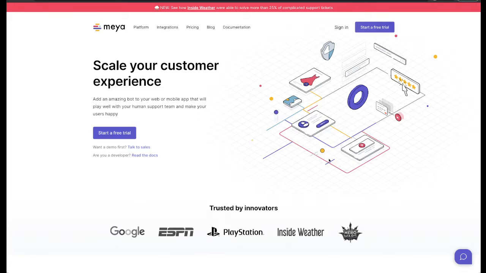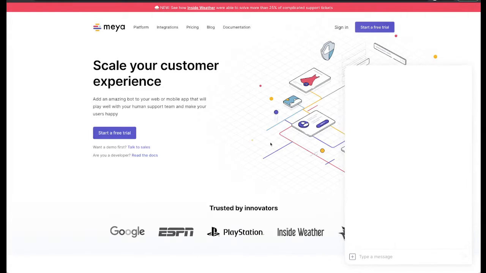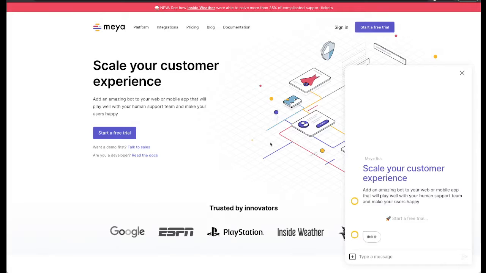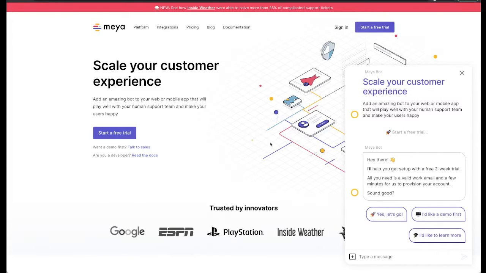Taking a look at the Meya homepage, you can see that there is the chat widget available in the right-hand bottom corner, and I'm not actually going to select that to kick off a flow. What I want to do is select Start a Free Trial. So selecting that, you can see that the chat window opens, and I've kicked off a flow to start my